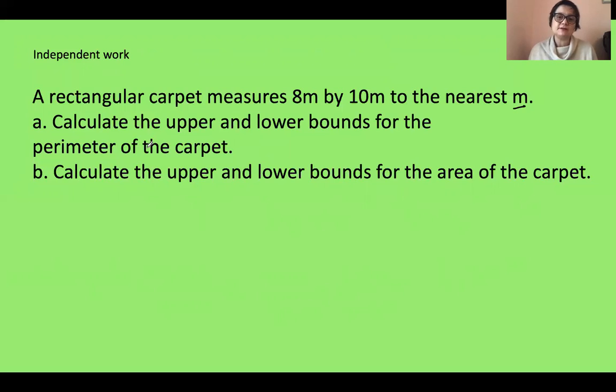Now for the perimeter, remember, the perimeter is different. So look at the formula. What do you need to add? How should the values of what you add be to be able to find the upper bound, so the highest value of the perimeter, and the lower bound? So yeah,